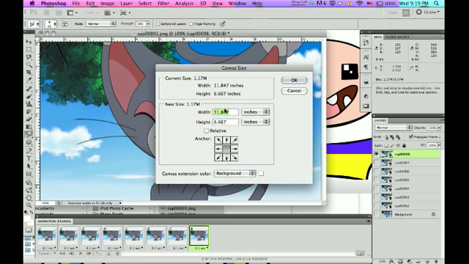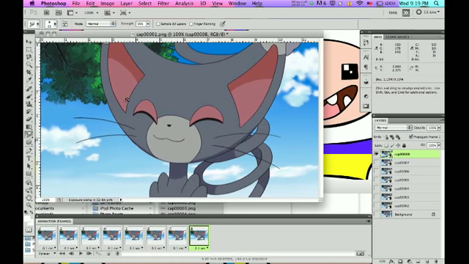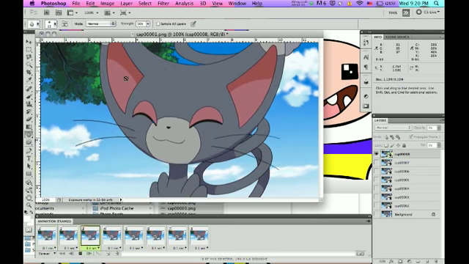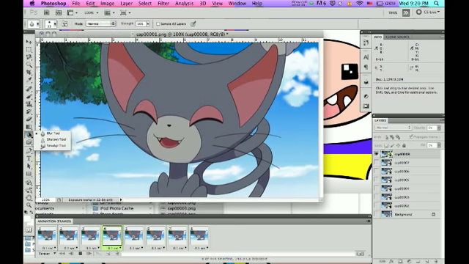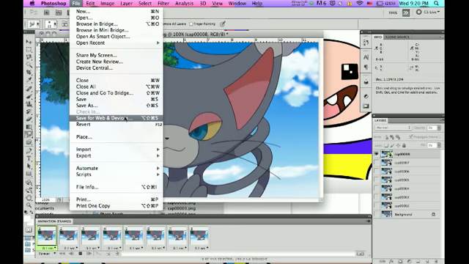Usually you're going to want to edit your canvas size, especially in these cases, so that you don't have these weird borders, because now those are gone. Once you have your GIF, sometimes you'll need to blur the background. Just watch it and see if you need to adjust anything, because sometimes when they move, there's faded stuff. But on this GIF it seems fine, so I don't need to do anything. But usually you would use the blur, sharpen, or smudge tools, which will help you blend the colors more easily. Once you're done making your GIF, you're going to go File, Save for Web and Devices,